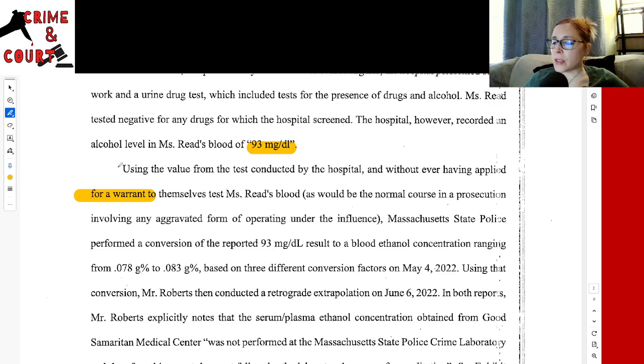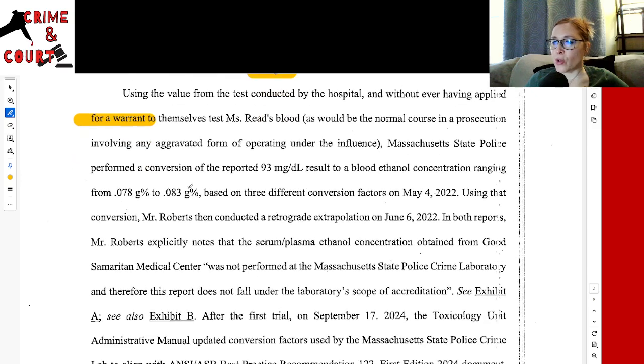Using the value from the test conducted by the hospital and without ever having applied for a warrant to themselves test Ms. Reed's blood, as would be normal course in a prosecution involving any aggravated form of operating under the influence, Massachusetts State Police performed a conversion on the reported 93 MGL or MGDL result to a blood ethanol concentration ranging from